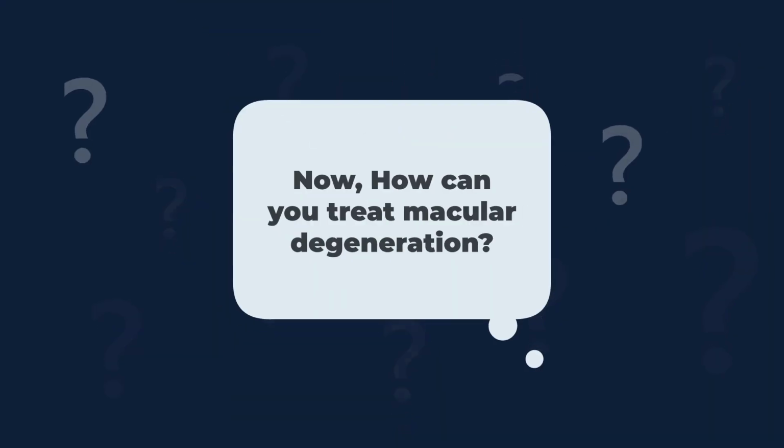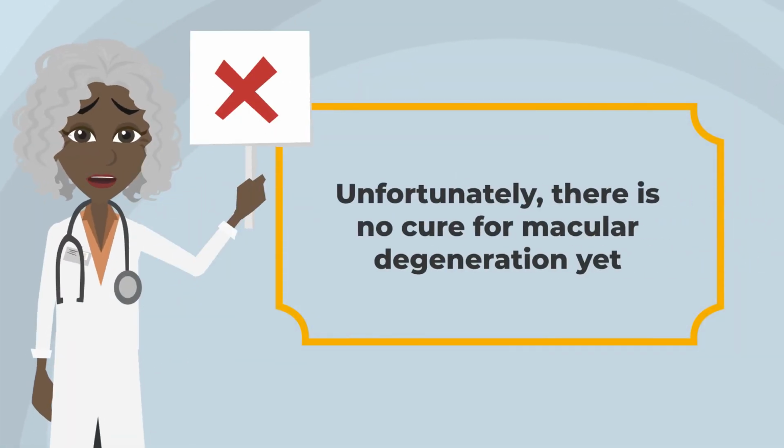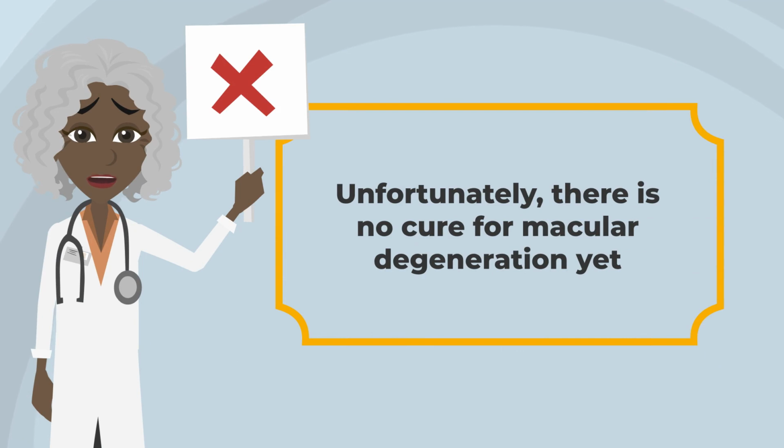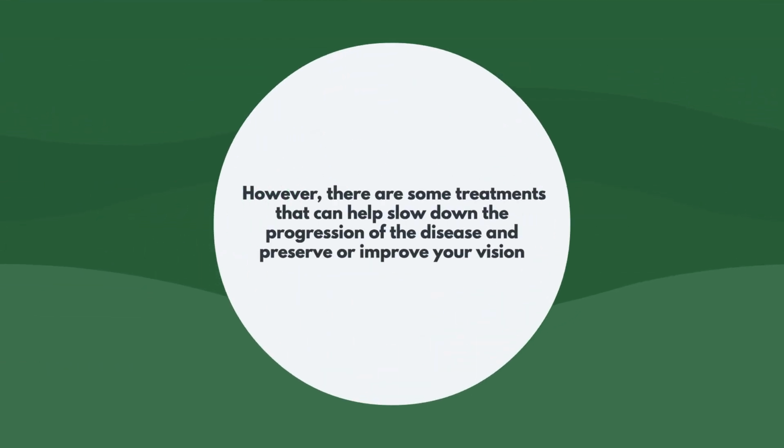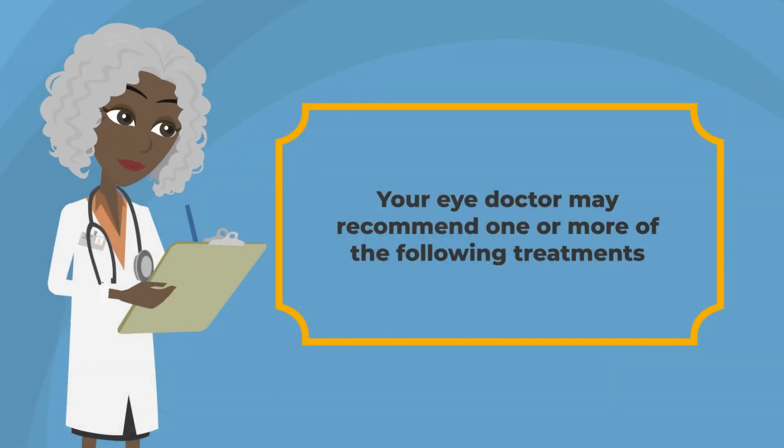Now, how can you treat macular degeneration? Unfortunately, there is no cure for macular degeneration yet. However, there are some treatments that can help slow down the progression of the disease and preserve or improve your vision. Depending on the type and stage of macular degeneration you have, your eye doctor may recommend one or more